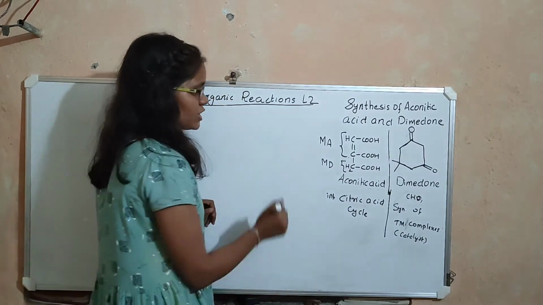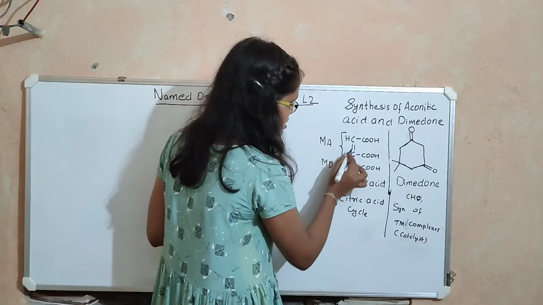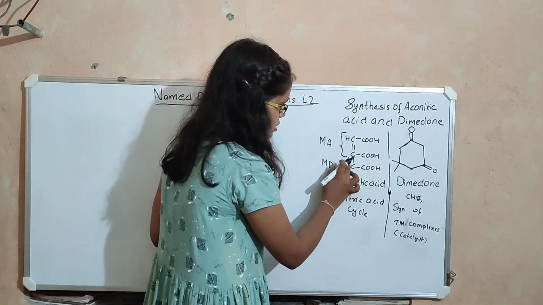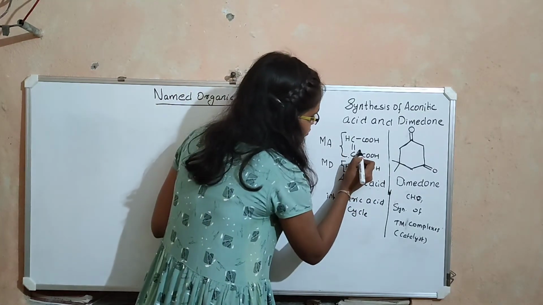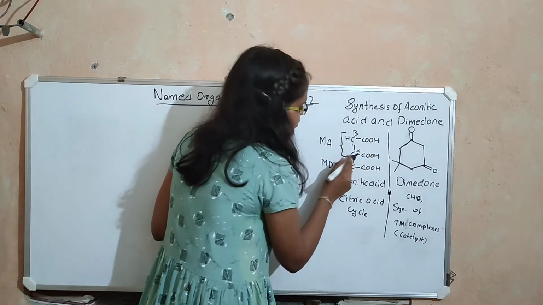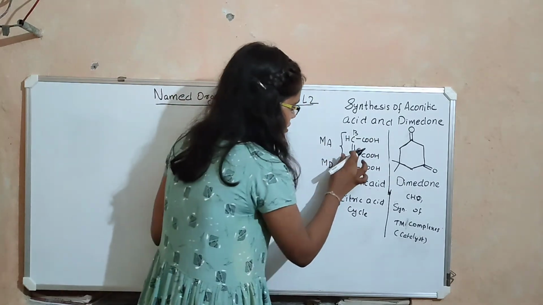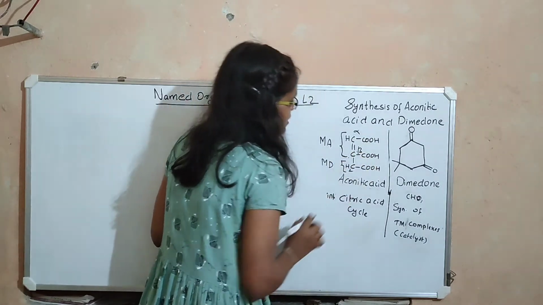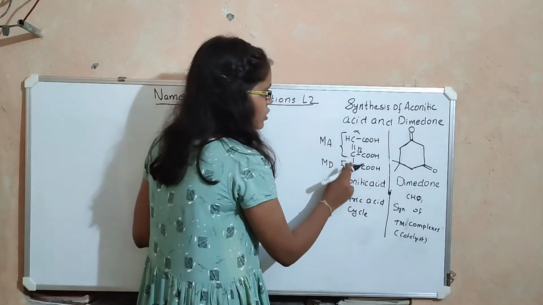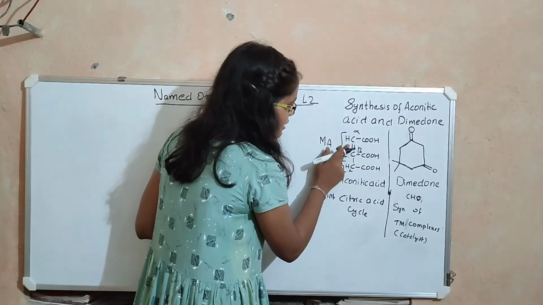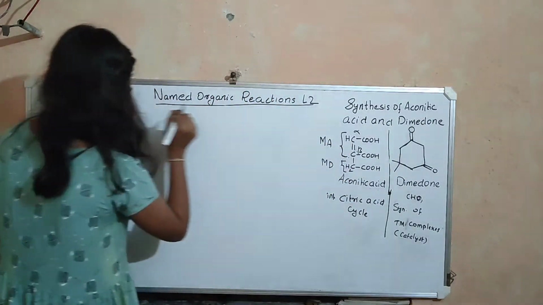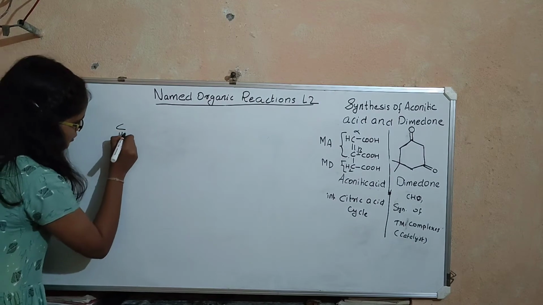And there is one more thing that you have to notice. After this addition of the Michael donor, you have the double bond present between the alpha and beta carbons. That means before this addition, there might have been a triple bond between these two carbons, right? So the Michael acceptor can be C triple bond C,